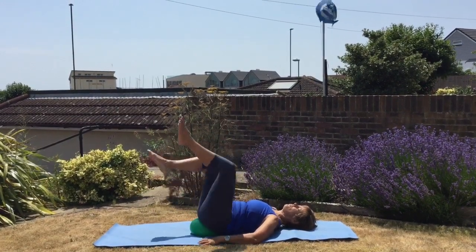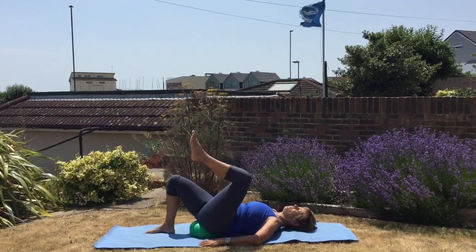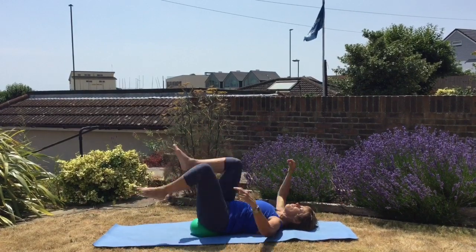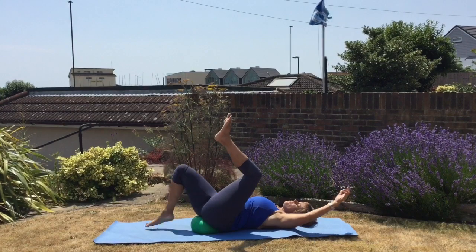Then we have something called rebound, and rebound is a really good way of releasing fascia. Toe tapping at speed and possibly adding in the extra arms, although I appreciate coordination may be a problem with some people. You can go quite quickly,